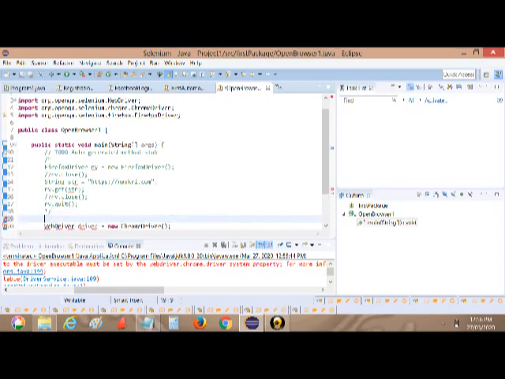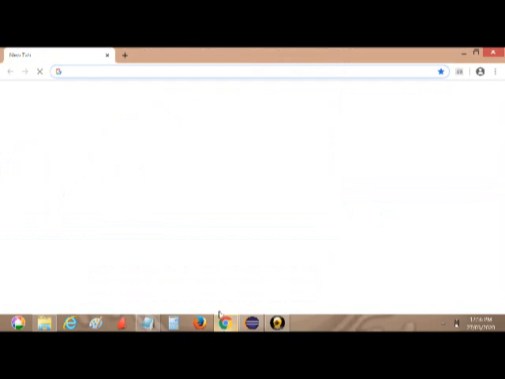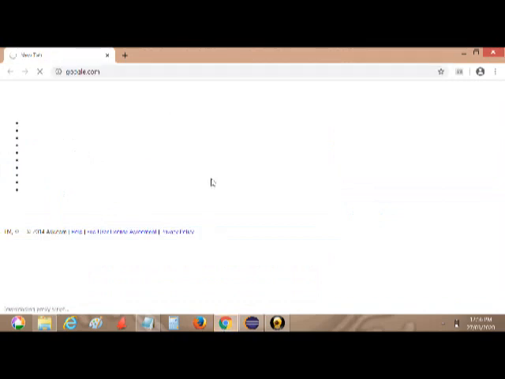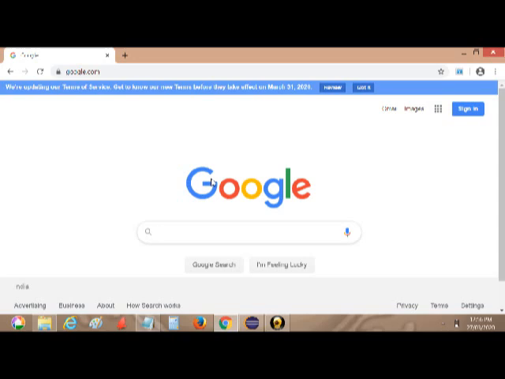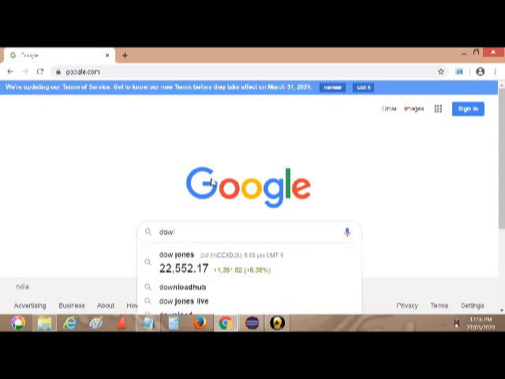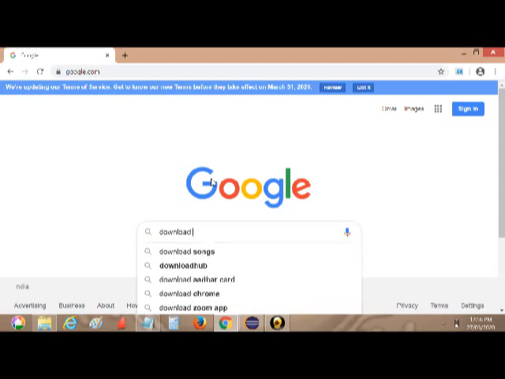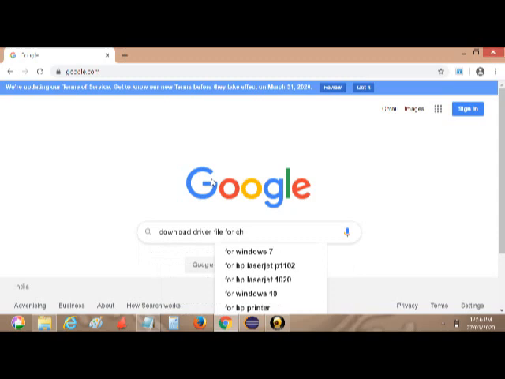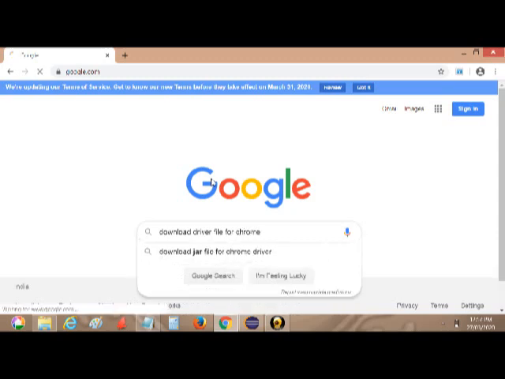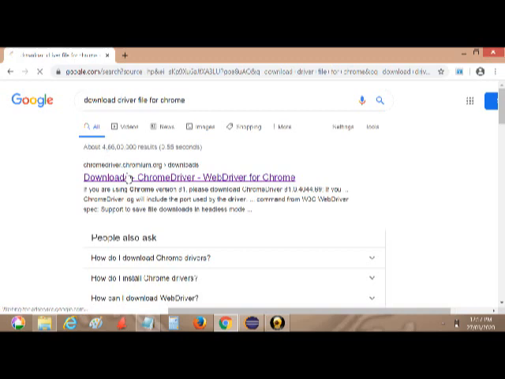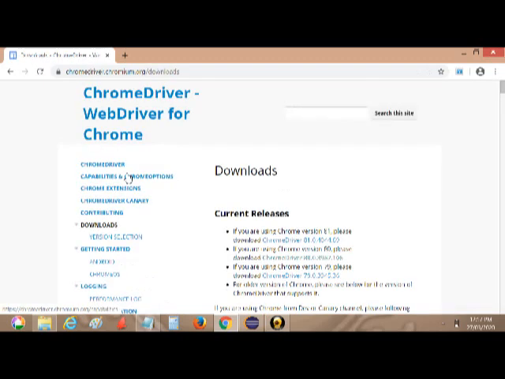Okay, so to set the property, first we have to download the driver for Chrome. So how to download? I'll show you how to download the driver file for Chrome. You just need to go to this website,